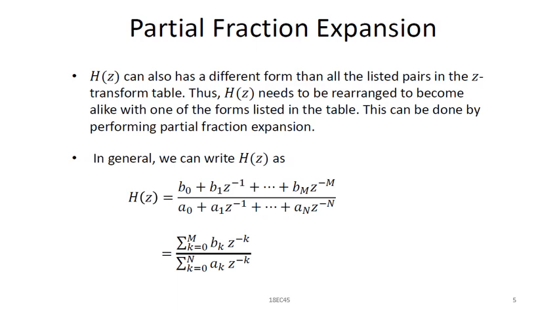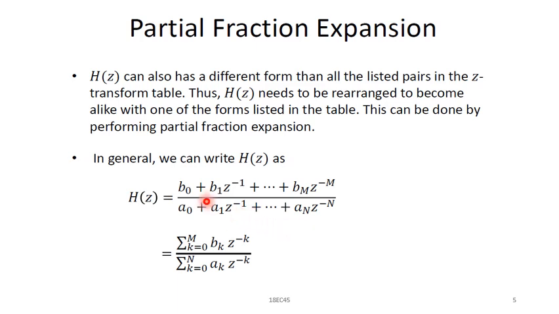In the partial fraction method, here we'll use H of z. H of z, we'll call it a transfer function. It's also called a system function. Generally, this H of z will be represented by the ratio of output by input. That is the Z transform of output, Y of z, divided by the Z transform of input, X of z. And it can be represented in terms of a polynomial equation also, the rational polynomial equation. So in general, the H of z is represented by